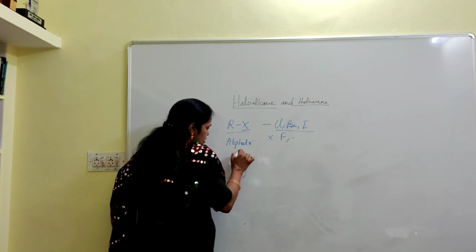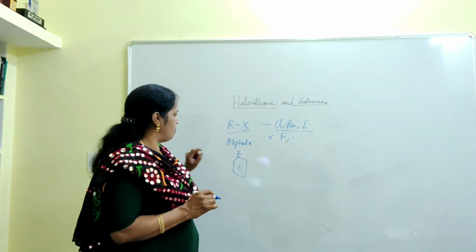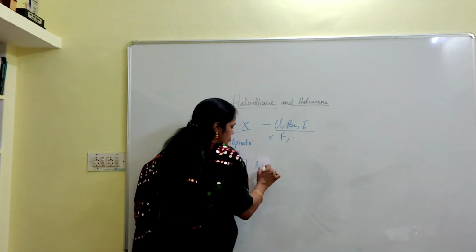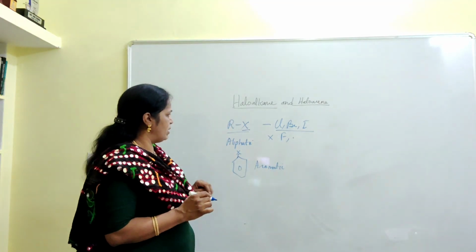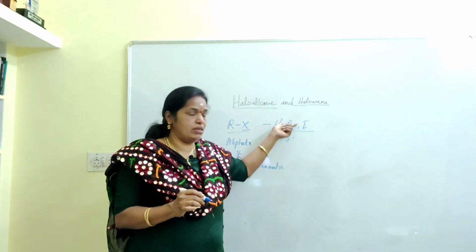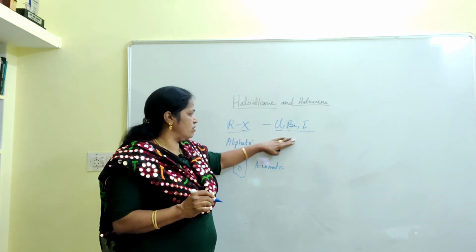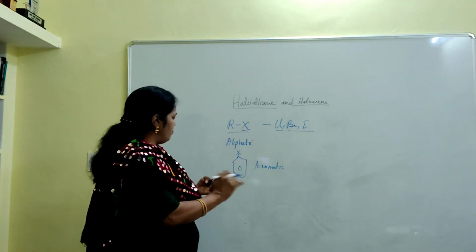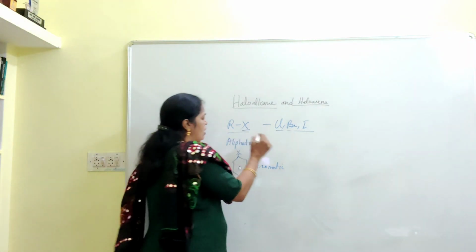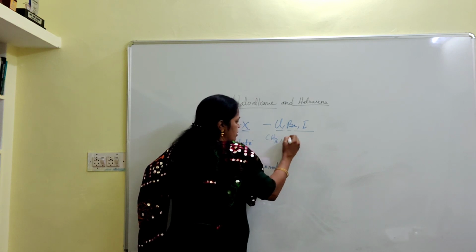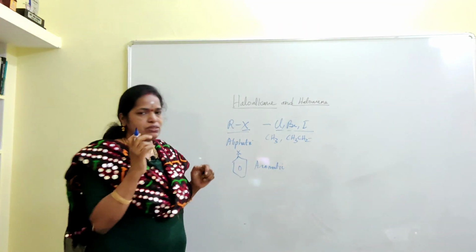You have an aromatic compound where a halogen group is attached to a benzene ring. So there are two types of them, aliphatic and aromatic. This X could be chlorine, bromine, iodine, fluorine or astatine, but we will not be using fluorine in most cases because it is highly reactive. In aliphatic we have RX, and what does this R represent? It could be CH3 or CH3CH2. So an alkyl group with any number of carbons is called an R group.